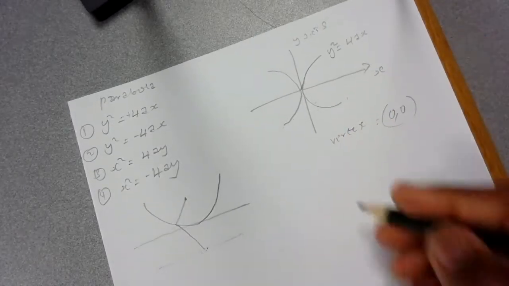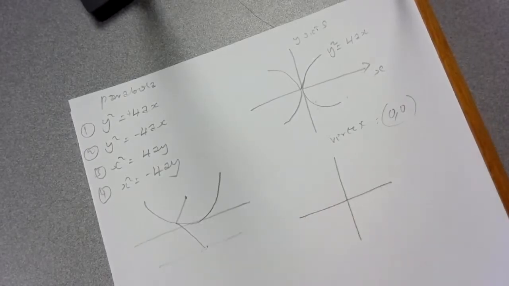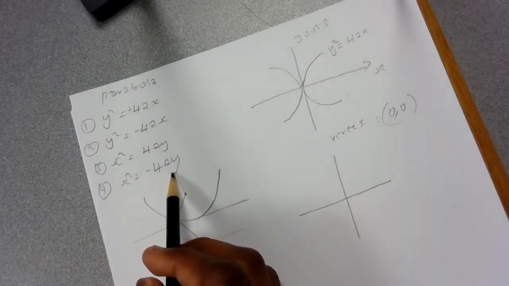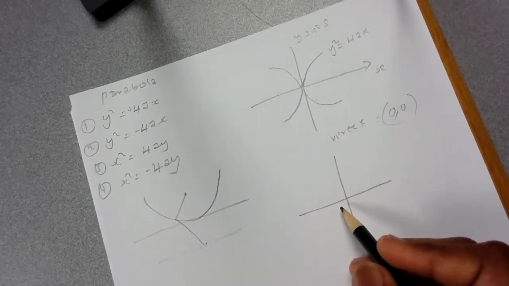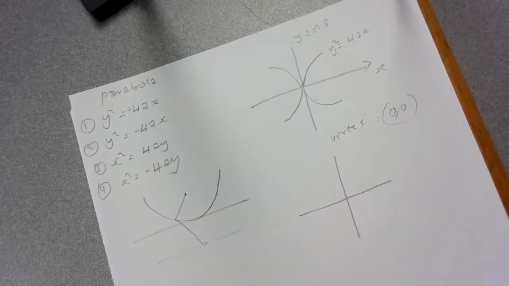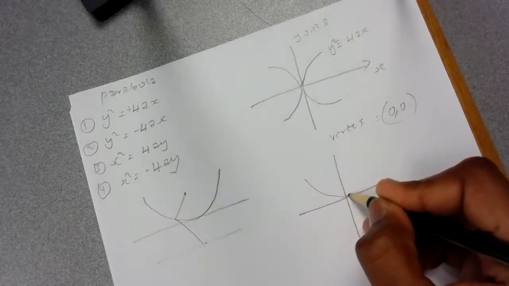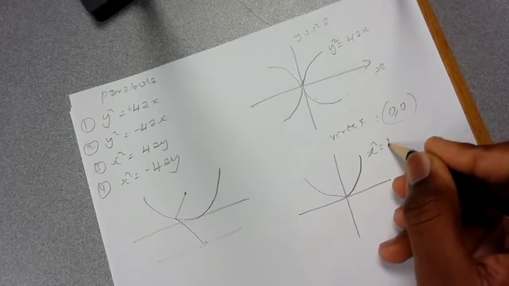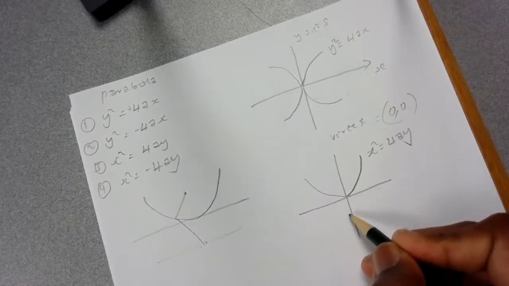Okay, those are the two. I will draw another axis to represent the other two. The other two are x squared equals 4ay and x squared equals minus 4ay. If it is x squared equals 4ay, that one is going to open on top. The negative one is going to open down. So opening on top will look like this. That one is x squared equals 4ay. And the other one is x squared